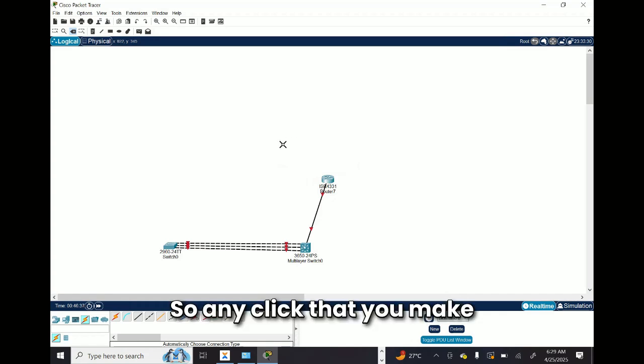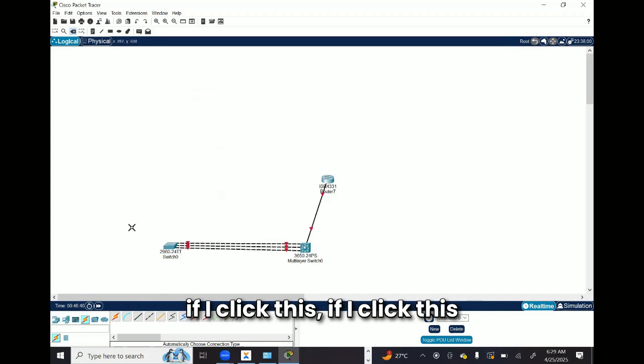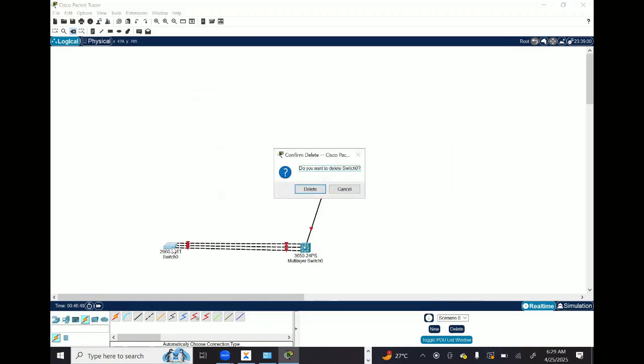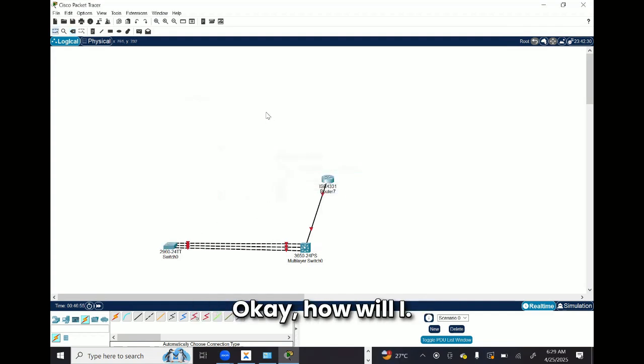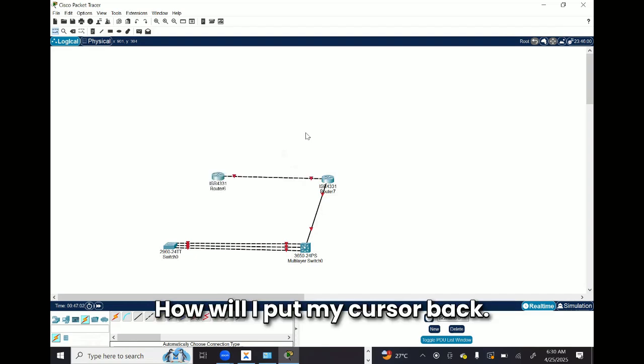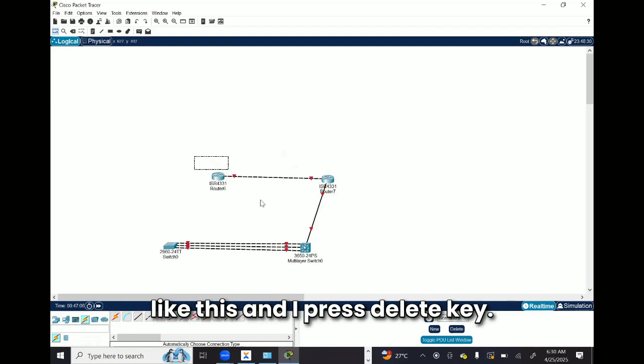So any click that you make right now on any of the devices will delete that device. If I move my cursor down here and click this switch, it will delete it. Why? Because my cursor has changed to delete. Okay, how will I put my cursor back? Let me undo this. How will I put my cursor back in case I just select a device like this and I press the delete key,